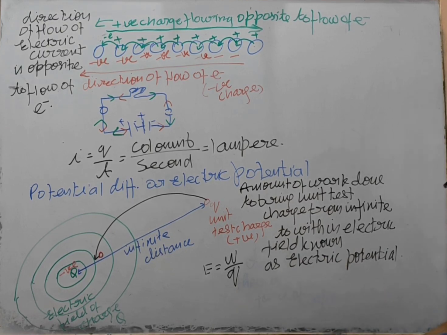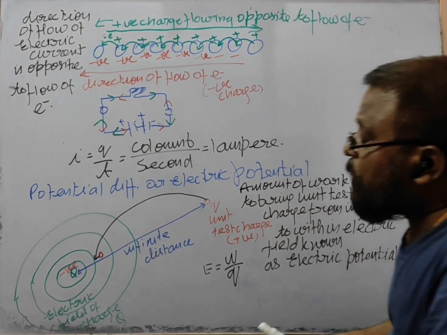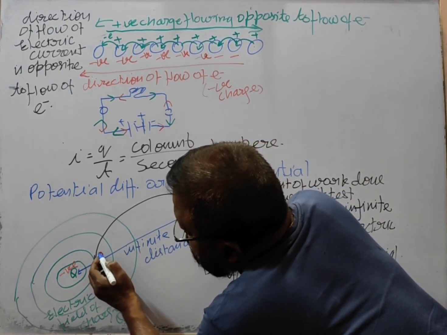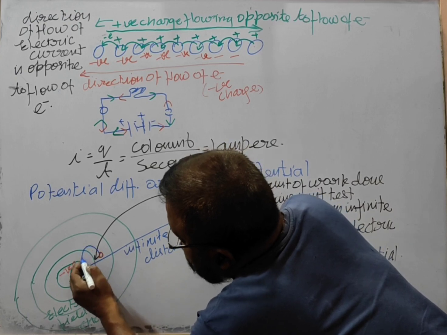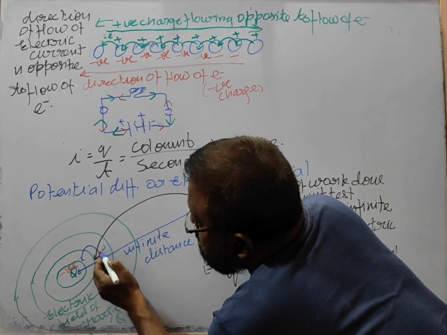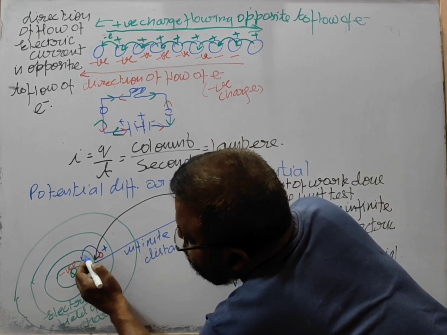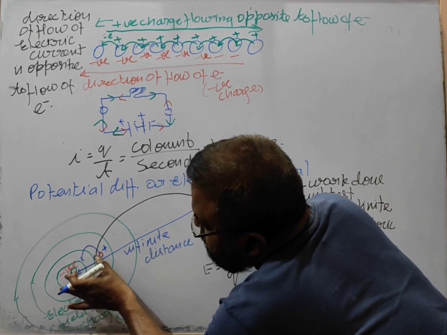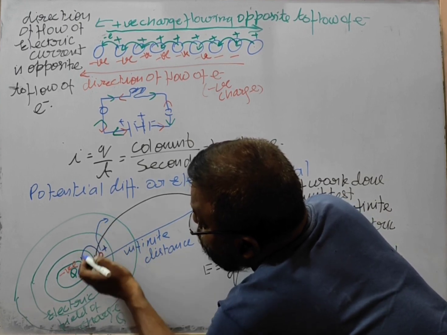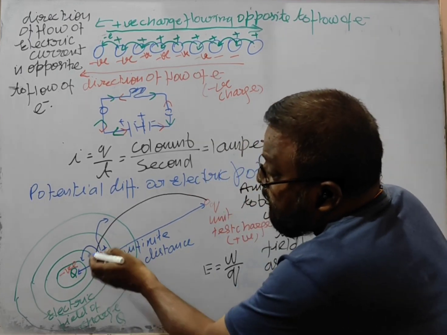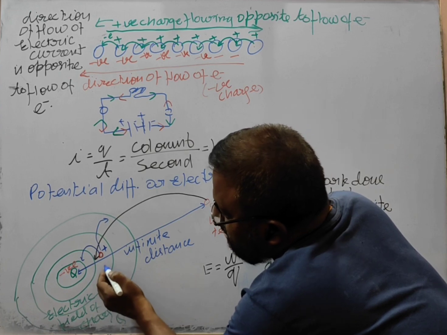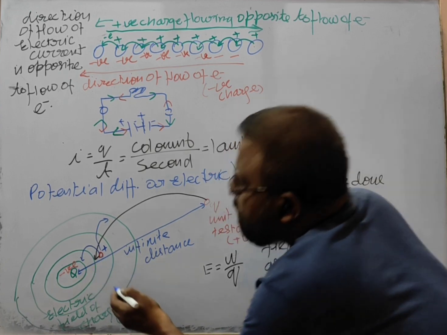Now what happens when the position of this charge changes? If you are bringing it here, it is a positive charge and that is a negative charge, so definitely you have to do less work because there is a force of attraction. But if you bring it away from this, then you have to do a lot of work because you have to work against the attraction, right? And it also depends upon the distance between them. So that's why